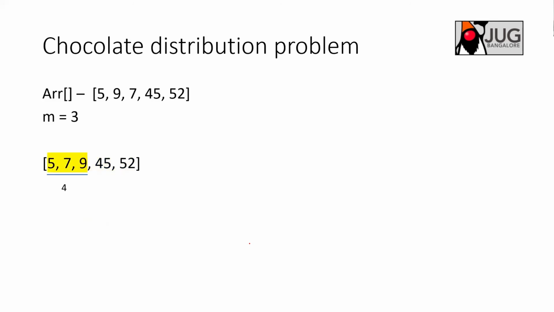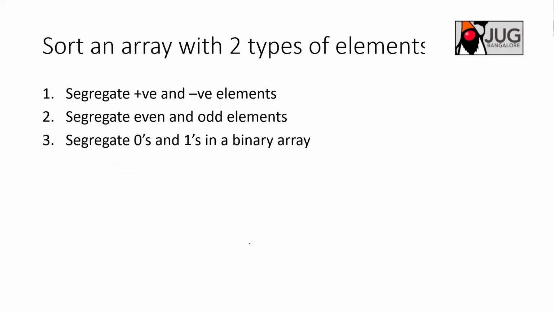First, I selected the window as the number of students, 3 elements in the sorted array. This is after sorting. And the difference I found from the lowest element and the highest element in that sliding window is 4. And then after sliding the window, I selected the next elements 7, 9, 45, and then I found the difference between the highest element and the lowest element, which is 38, and for the last window I got the difference as 43, right? This is 38 and this is 43. And now finally I know the minimum difference, which is 4. So this is the window which I can distribute among the students, right? So this is how I can do it.